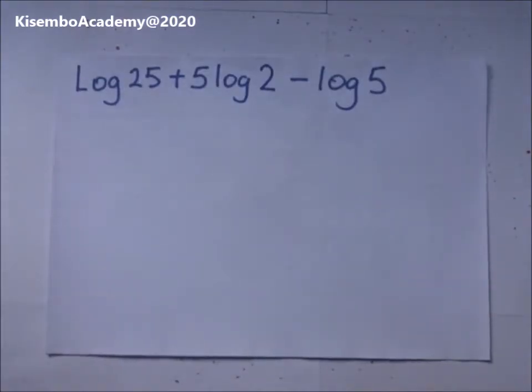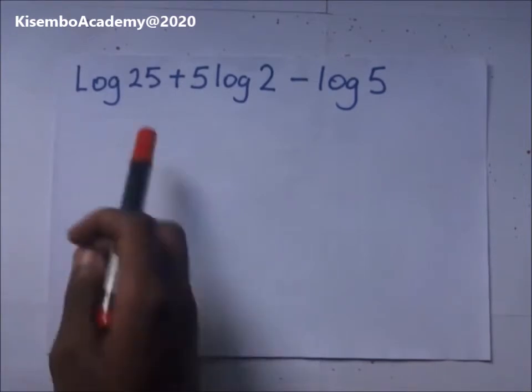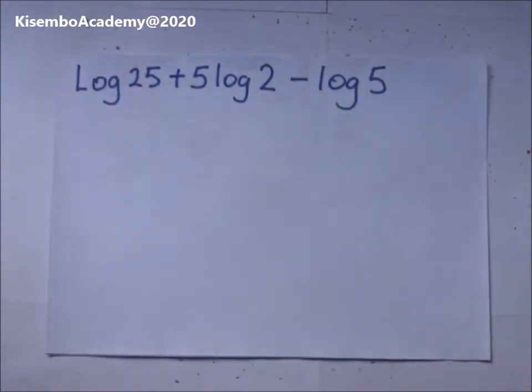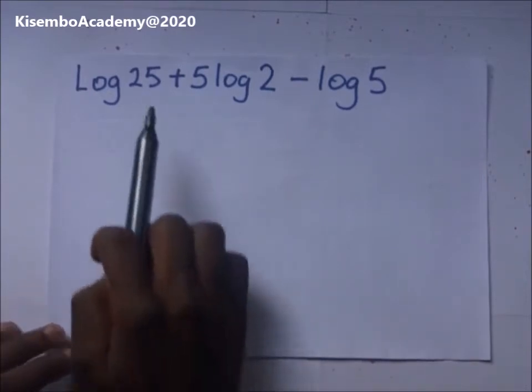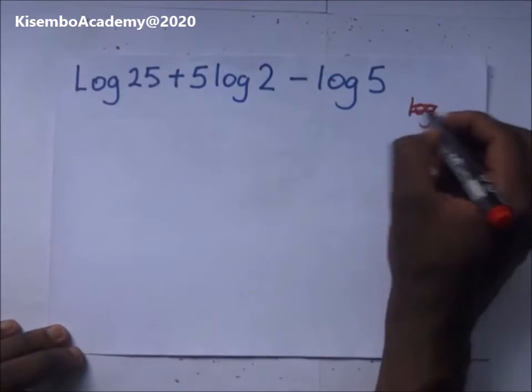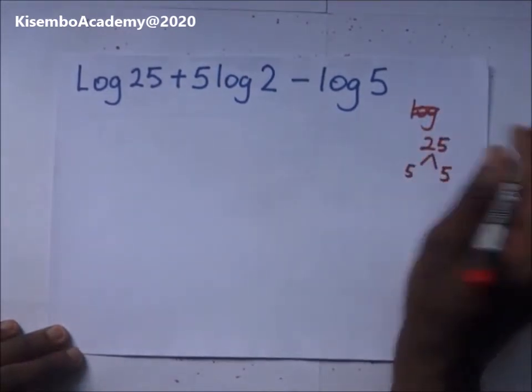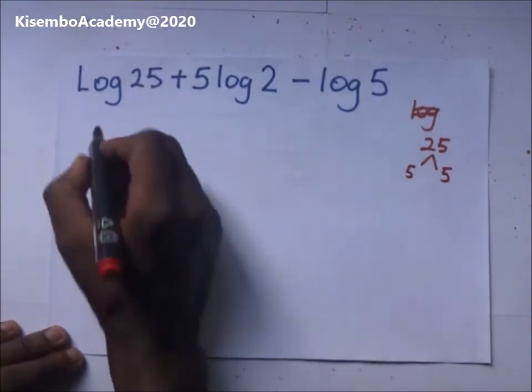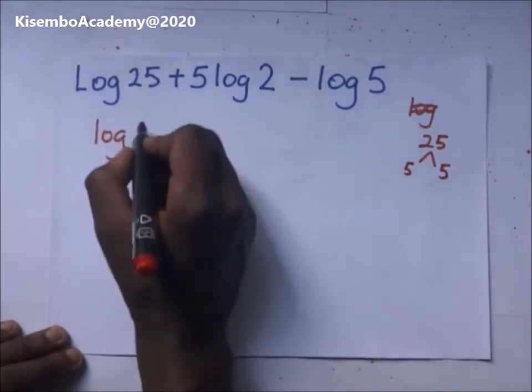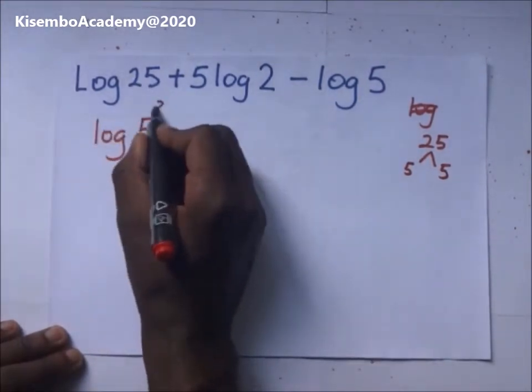In our next example, still the base is not given, so base 10 will be assumed all through. So we'll go ahead and find log 25. Now, the logarithm of 25 is going to be, we factorize this 25 first. 25 divided by 5 is 5. So it means that this is the same as saying log of 5 squared